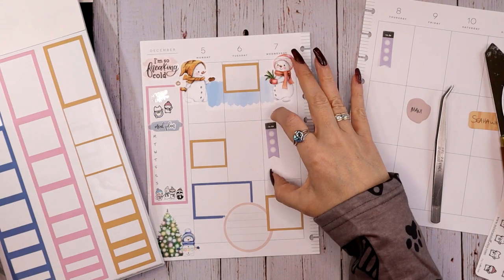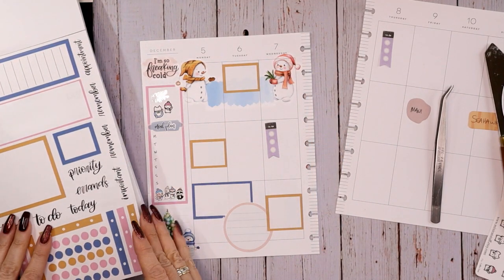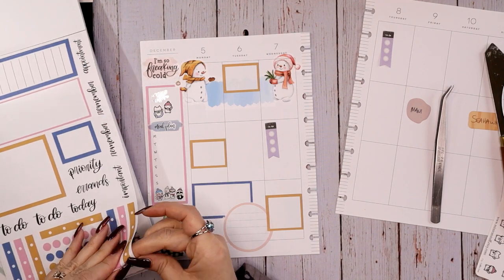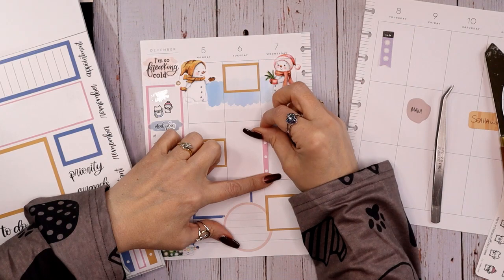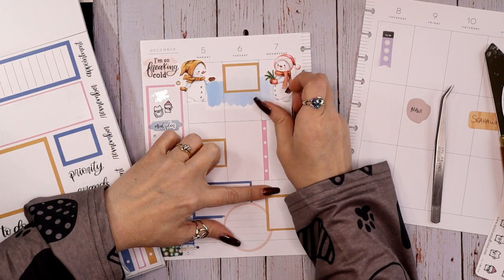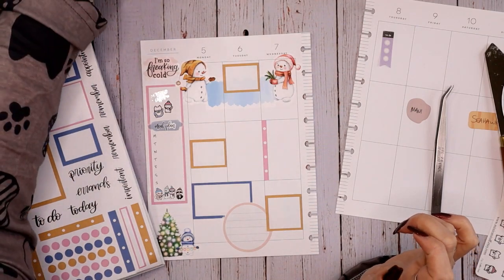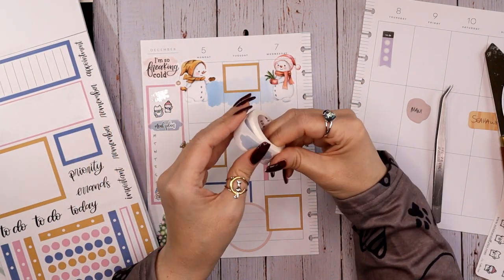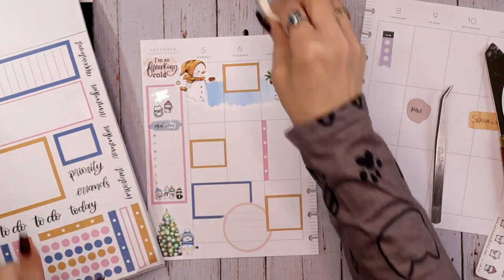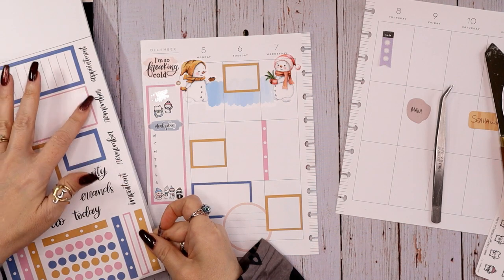So I think I want pink for my to-do. Just looking at where everything's at. So we'll go ahead and use the to-do lists that are in here. And like I have showed you before, I can use a jelly roll if I want to add more. Let's go ahead and put one of these on there. No, it's going to be too small. So how about,